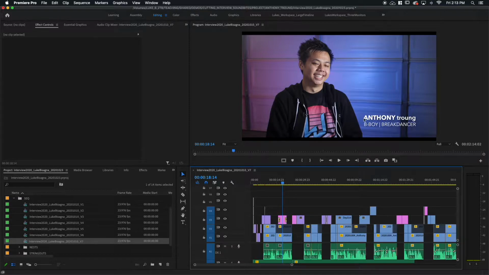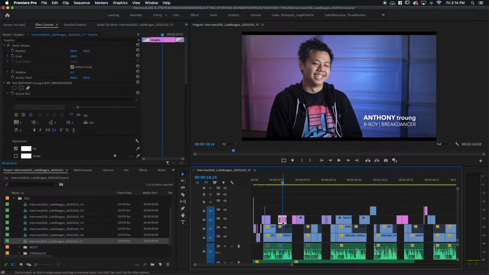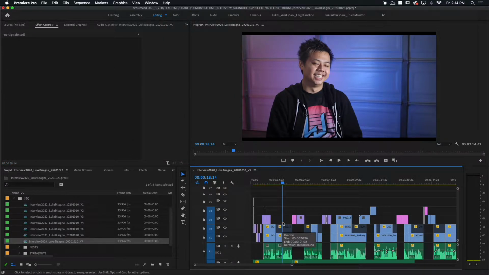And you can see I've got our interview subject's name in all caps and then his last name in lowercase, just to kind of break it up and provide some separation between the two parts of his name. And then I've got a thinner form of the same font I used up here. This is Avenir Next, by the way. And I've got his title down here in that thinner form and all caps with a vertical line breaking up the two parts of his title, B-Boy and Breakdancer. So, how did I do this? Well, let's take a look. I'm going to take my work that I've done here and just delete it. Gone. Now we'll rebuild it.